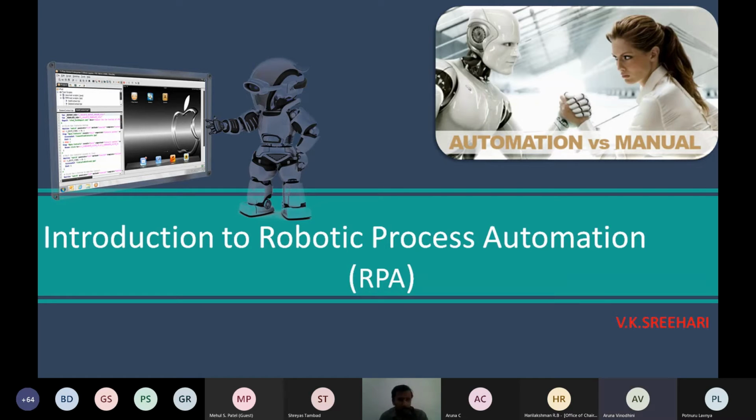So we'll go into the introduction part. Robotic process automation, or RPA, is quite a buzzword now. I think that most of you have heard about this term. Some of you might have understood what this actually is, and some of you may be a bit expert in this field. But considering the whole population, some might not be aware of these terms.